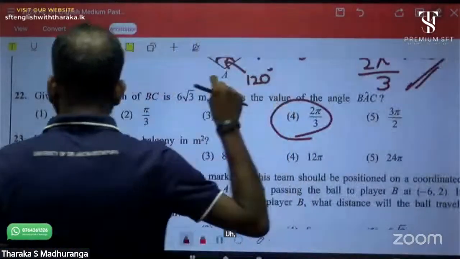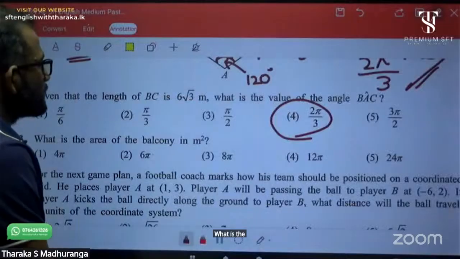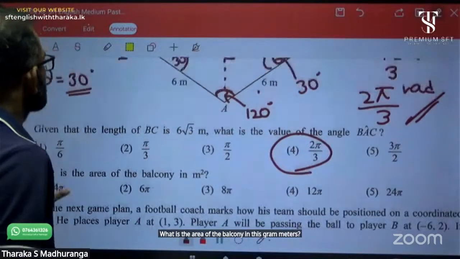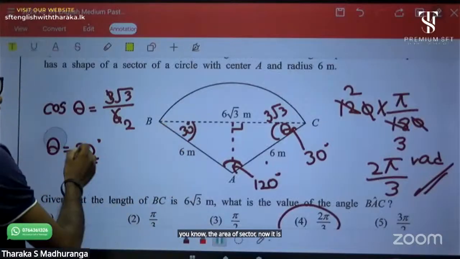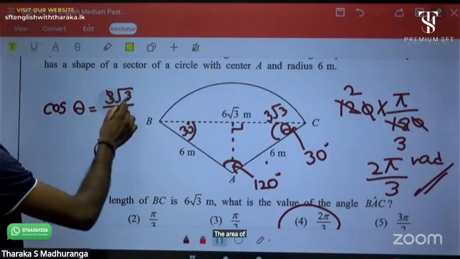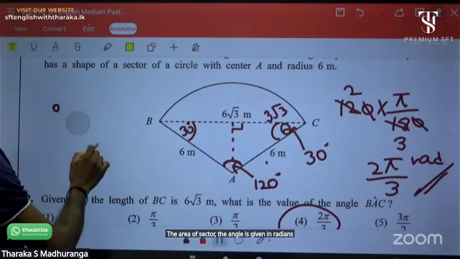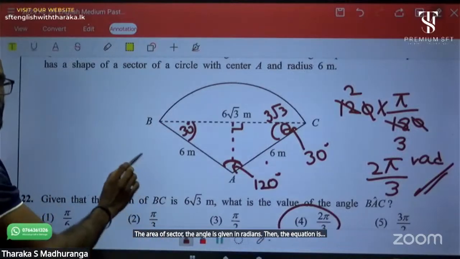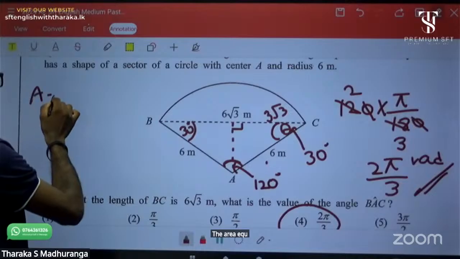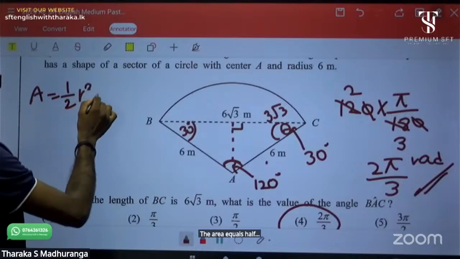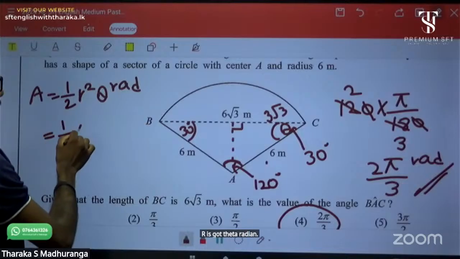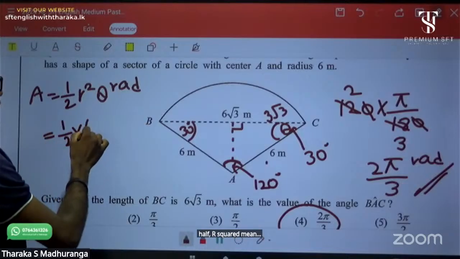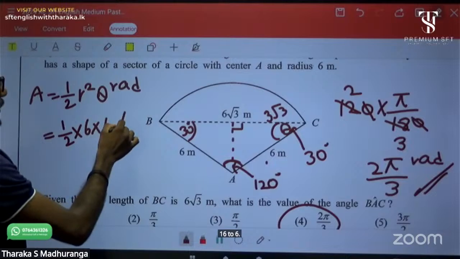There is another one. What is the area of the balcony in square meters? You know, the area of sector, the angle is given in radians. Then the equation is the area equals half r squared theta radian. Half r squared means 6 into 6. Theta radian means